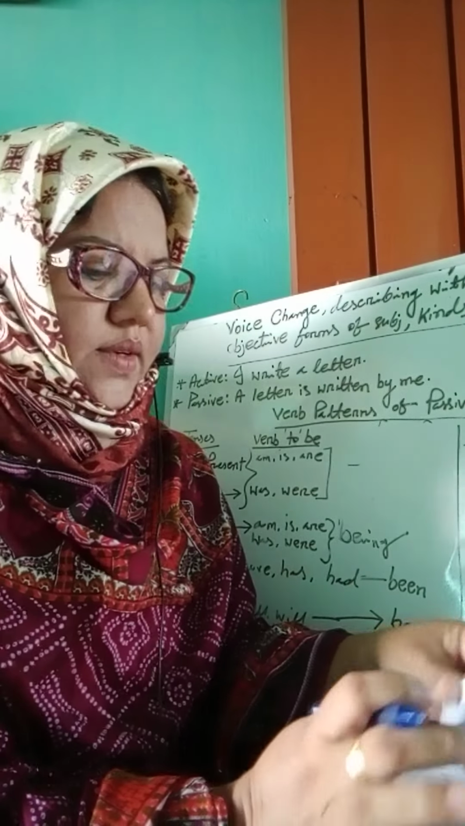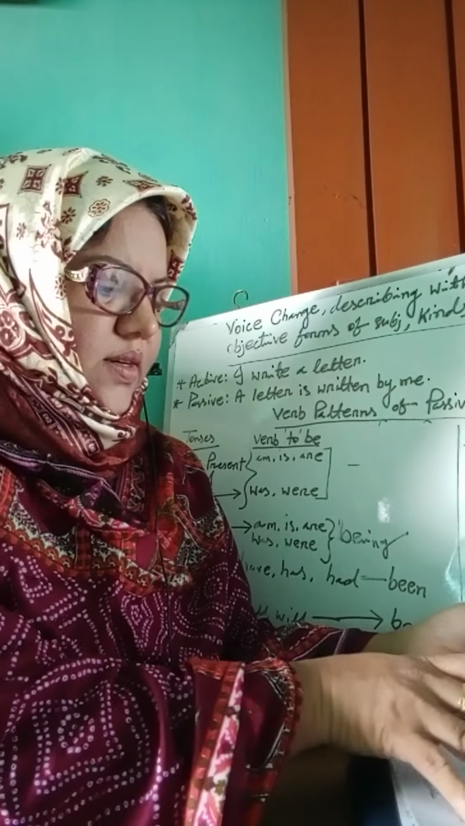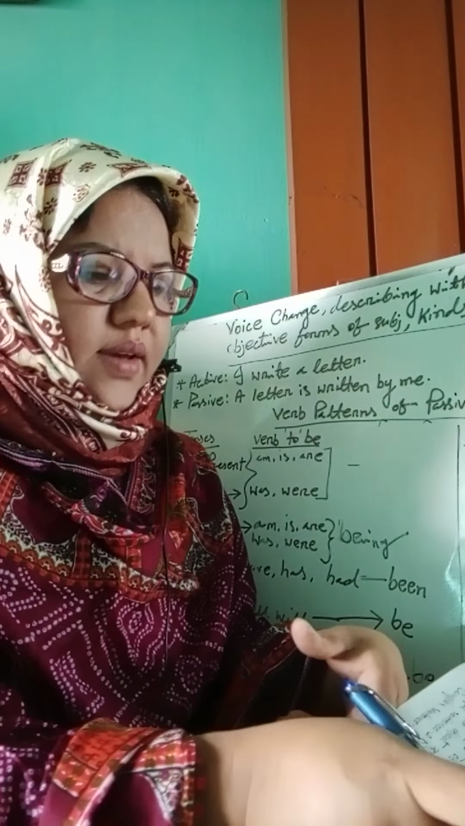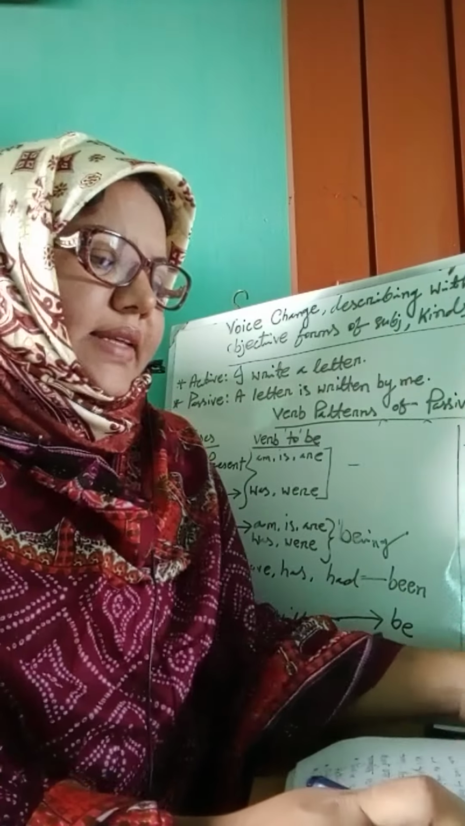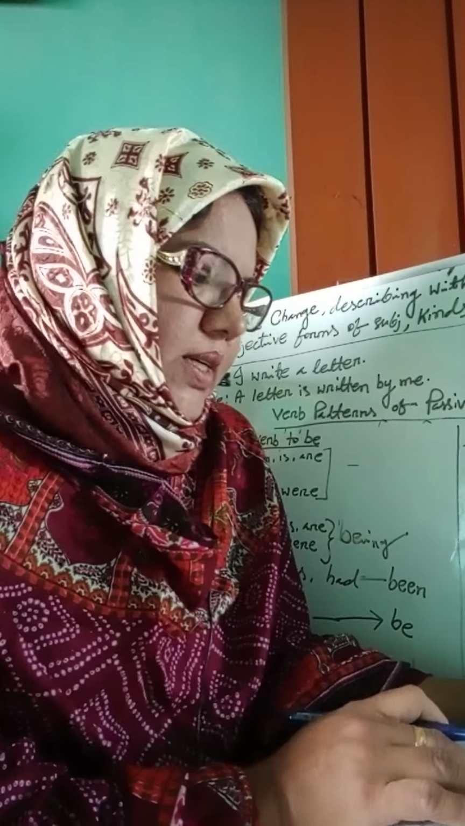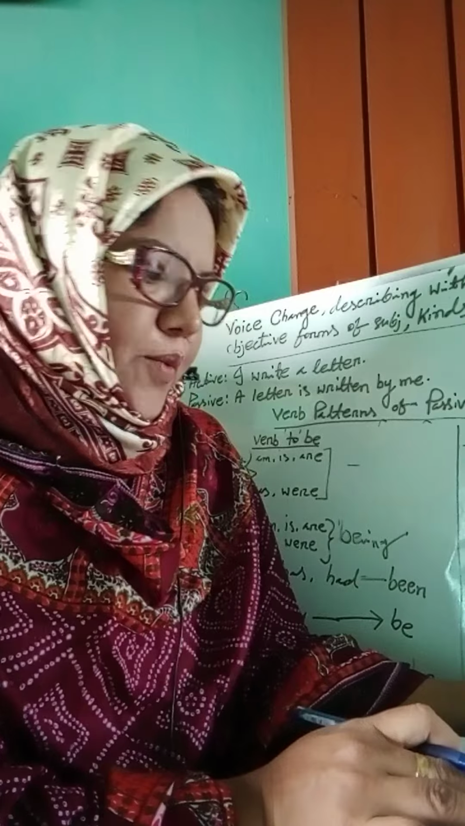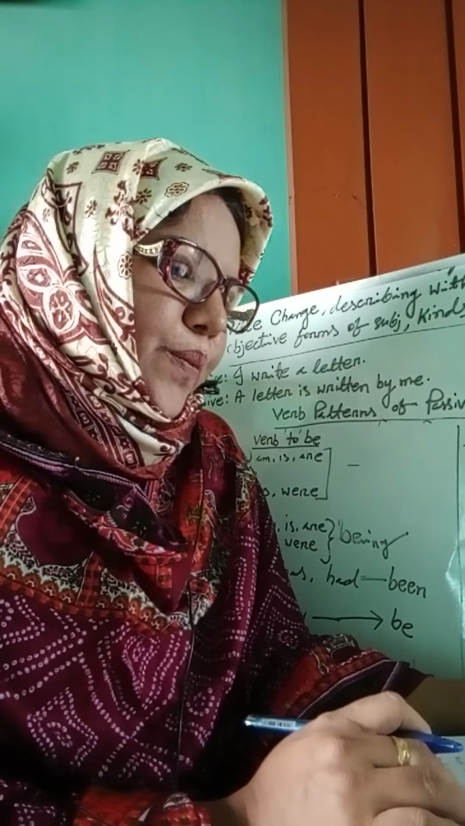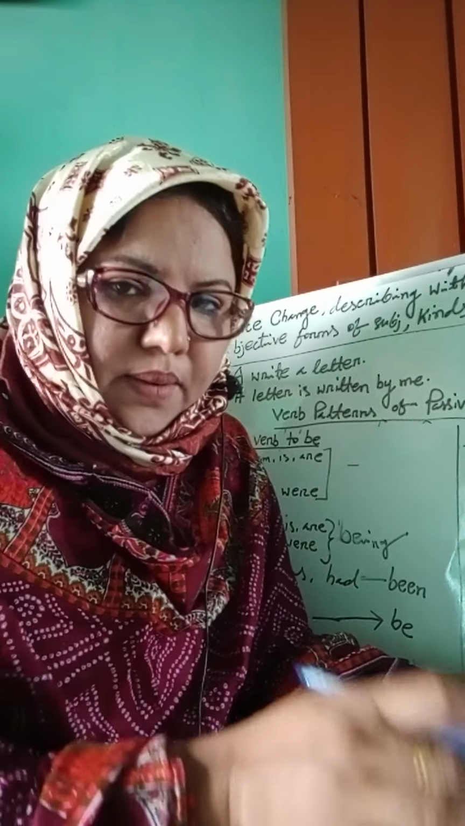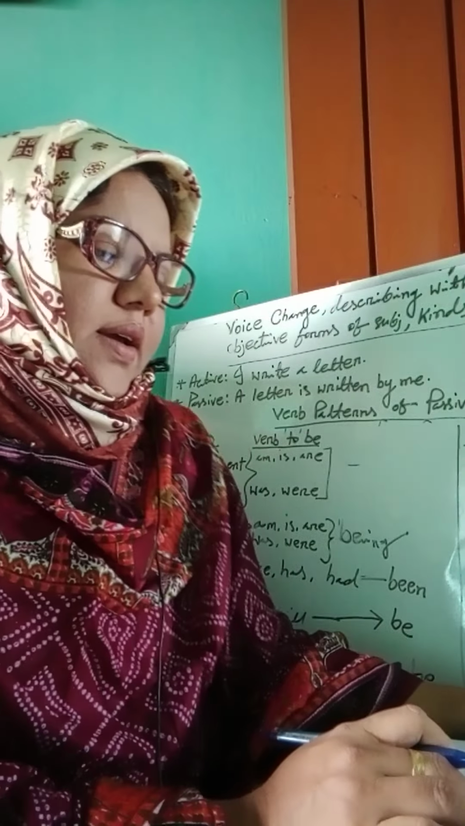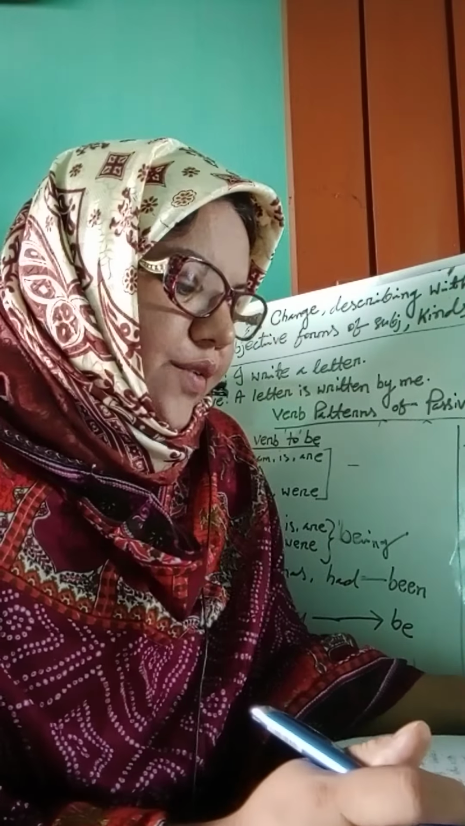রুল 2 অ্যান্ড রুল 3, অ্যাক্টিভ ভয়েসের সাবজেক্ট প্যাসিভ ভয়েসে অবজেক্টে পরিণত হয় এবং তার পূর্বে প্রিপোজিশন বাইযুক্ত অবজেক্ট বসে, এটি বললাম। অ্যান্ড